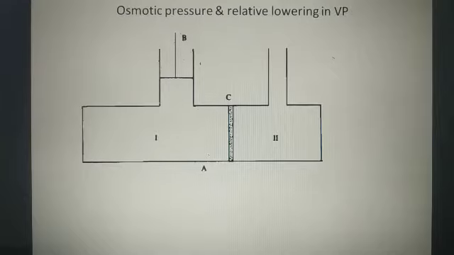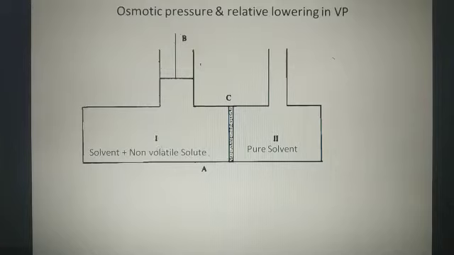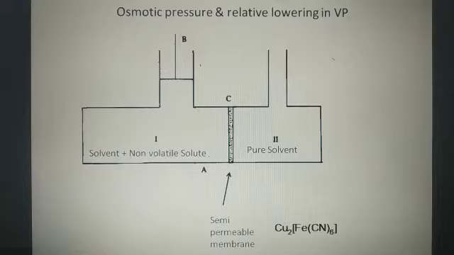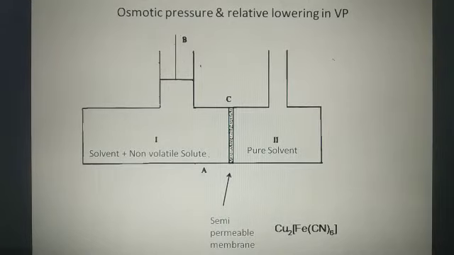Here the pure solvent is in the second chamber and the solution, the same solvent plus a non-volatile solute, is in the first chamber, and this is the semi-permeable membrane which separates the two. Generally it is made of copper ferrocyanide. It depends upon the type of molecules which are allowed or not allowed, or which are impermeable through the semi-permeable membrane. When copper ferrocyanide